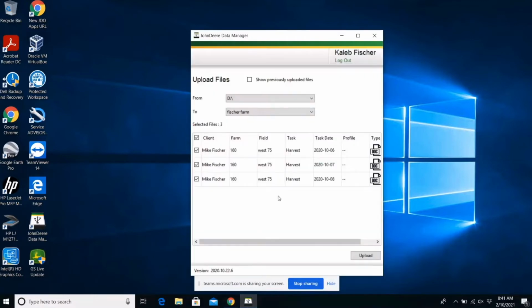Once you open it and insert your USB stick into your computer after exporting the data off of your display, your data will appear as shown in the screen. If it does not, check the From drop-down box and ensure that the computer is looking at your USB drive. Then you will click Upload,